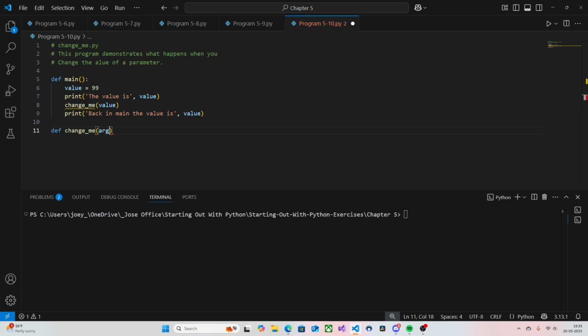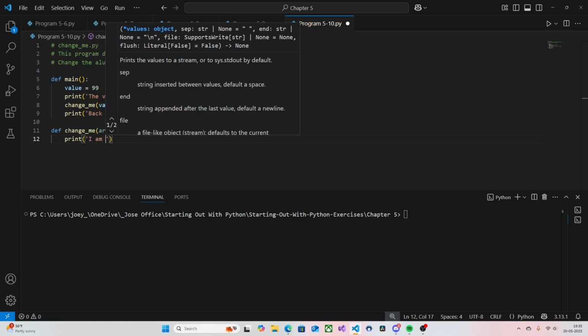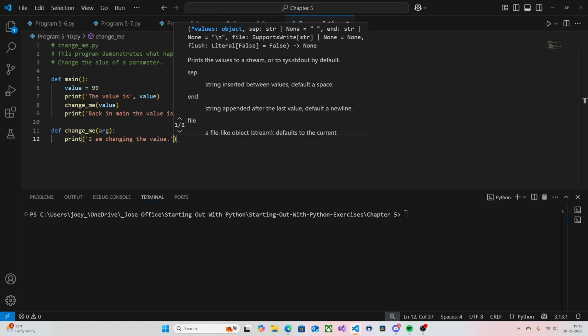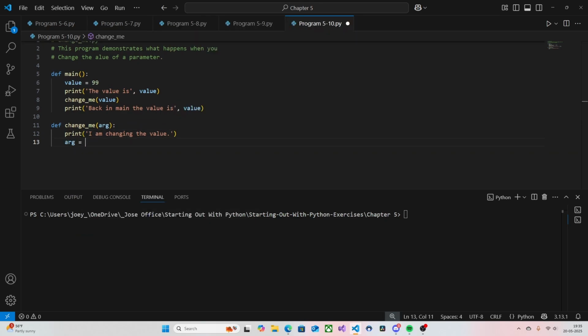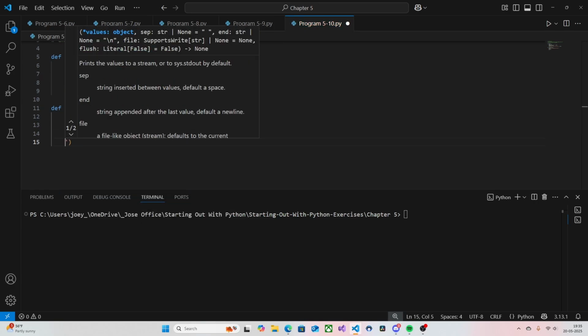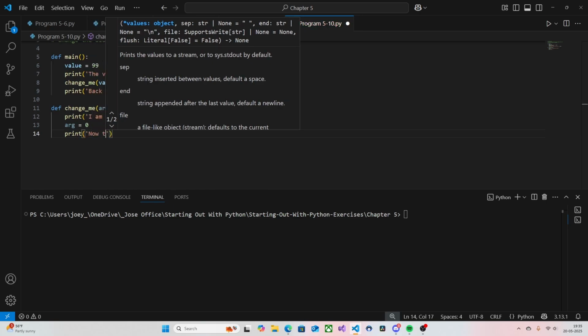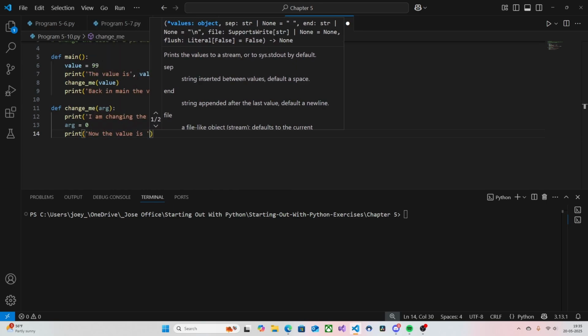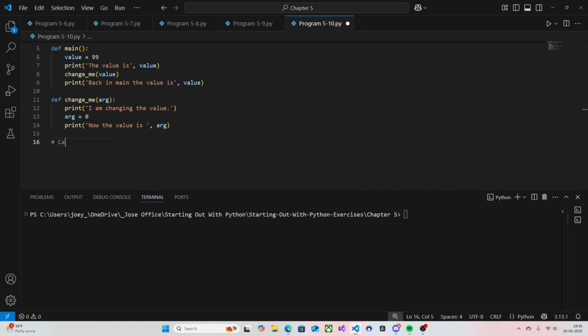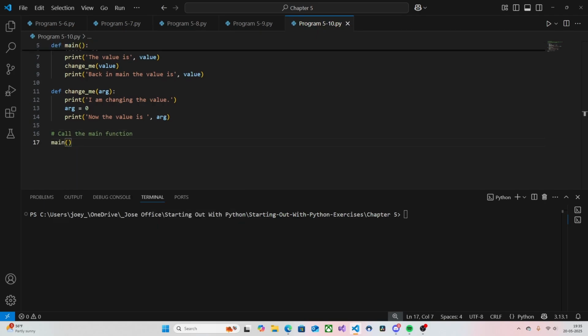Change me, that arg, print I am changing the value, arg, 0 is arg. Call the main function, main. All right, so now we go over here,